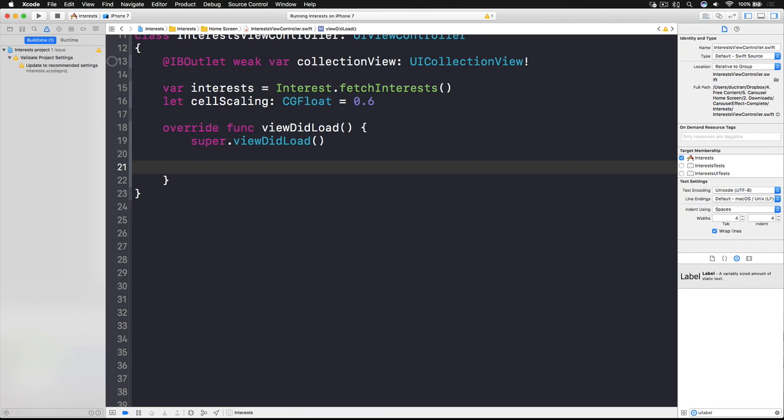Number two, how many items are in each of the sections of your collection view? Number three is how does an item look like? Very much like a table view cell, right? So let's do that. Inside viewDidLoad, I want to check the screen size,